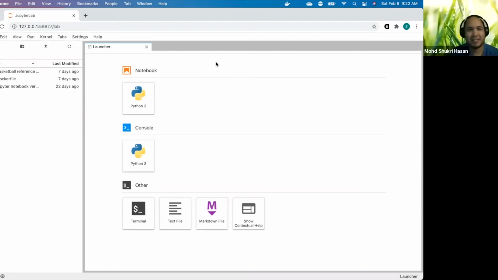In our last session, we stopped at the point where we launched JupyterLab, and then we logged into the UI. So this is the JupyterLab UI. And today, the goal is to have a walkthrough on what you can do in JupyterLab. But before we do that, there is something I would like to talk about in terms of how the connection is being made,